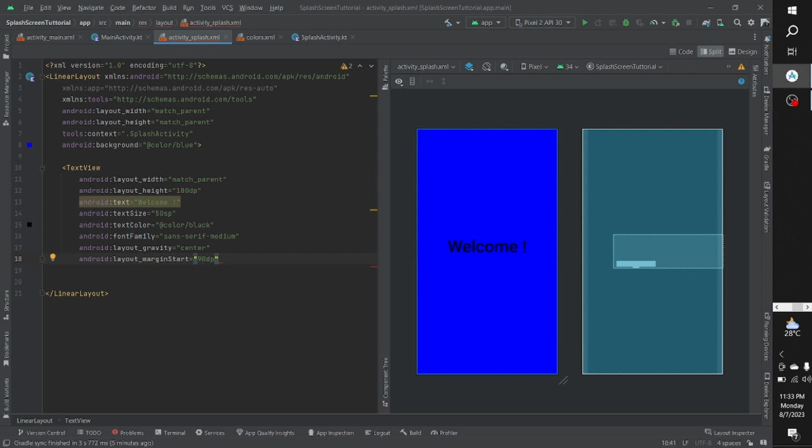So one tip that I have for you guys, that whenever you are making your layout using these XML codes and attributes, you have to keep this in your mind